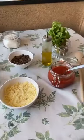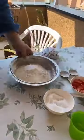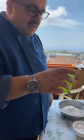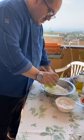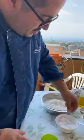Okay, at the end of the video, I will write down all the recipe and put it under the post. Now let's do the dough. We already put in 500 grams of flour, 10 grams of salt, I already put 2 pinches. Olive oil around 40 milliliters, I'll show you. Water 250 milliliters. Okay, let's put the water and the salt, already put 2 pinches,